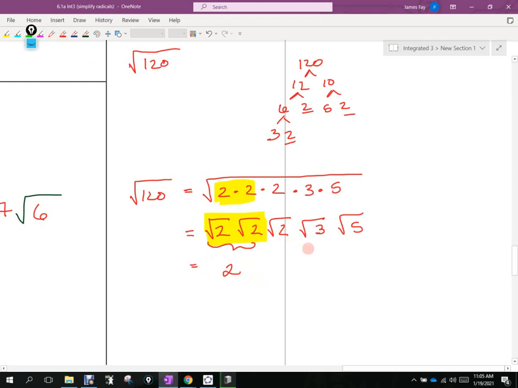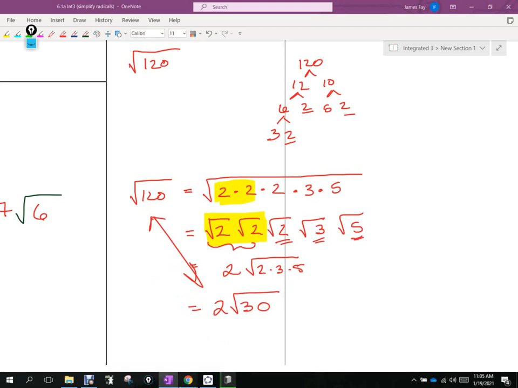Okay? Now, this does not have a pair, that does not have a pair, and that does not have a pair. So they all get multiplied back together underneath, right? And then we get 2 times radical 30. And that's a simplified version of radical 120. Okay? Now we can